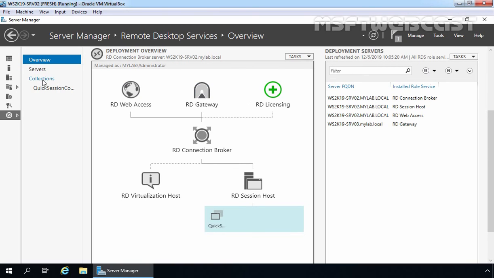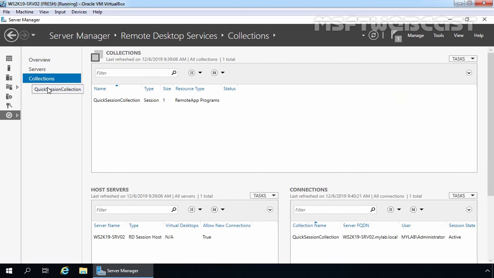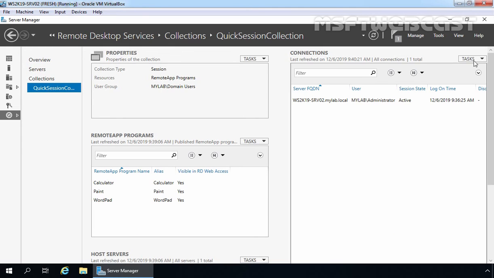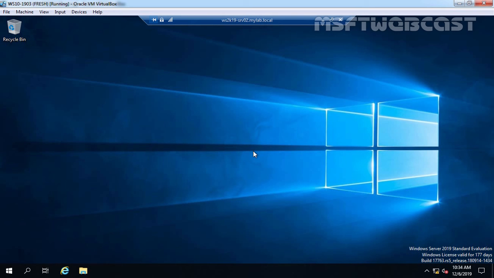Let me click on Collections, and let's click on Quick Collections. Click on Tasks and click on Refresh. You can see one session is there from mylab/user1. Fine. So we can confirm on our Windows 10 client computer that our user can connect to our RDS infrastructure using the RD Gateway server.